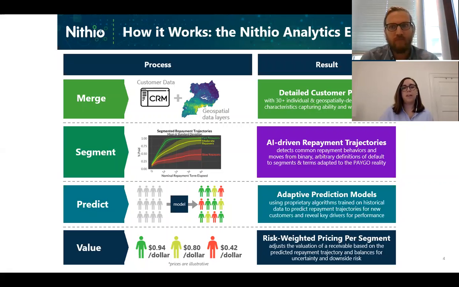And then we help them augment that with a really unique source of geospatial data, which has been derived using machine learning tools from household surveys and satellite imagery to create very granular, hyper-local estimates of consumer profiles, of household characteristics, which we are then able to create prediction models with to better understand what are the expected repayment trajectories of those types of customers, and actually forecast that for these companies that are servicing them, to